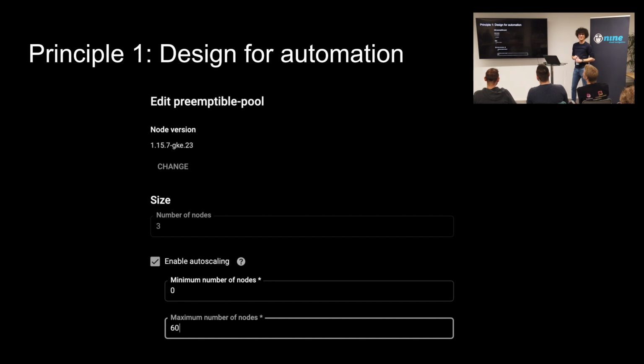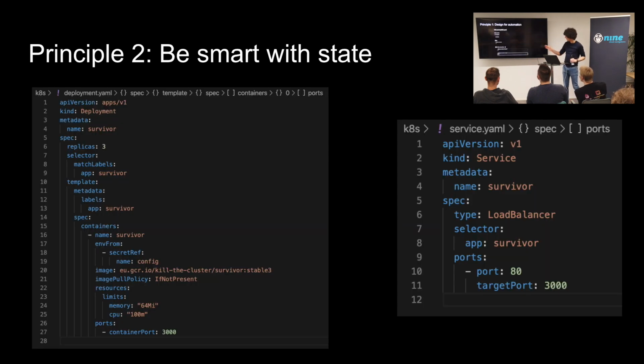So let's start with designing something for automation. The basic thing: if a node dies, another one should spin up, right? If we have a lot of traffic, we should get more nodes. In theory. This is not for traffic, because we're actually just increasing the number of available nodes for our cluster. So in this case, we are allowing ourselves to scale to 0 if there is no traffic in our cluster. I think by default, the autoscaler for the VMs works on CPU, if I'm not wrong. OK, cool. So that's basically check.